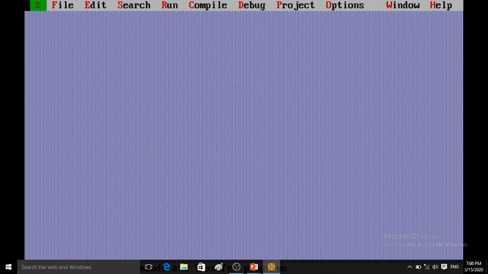So here we create one file. I am using the Turbo C++ editor.